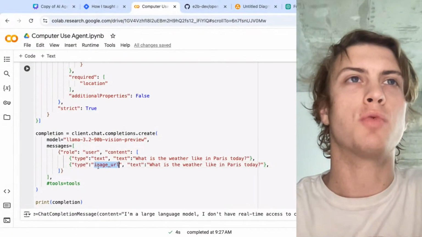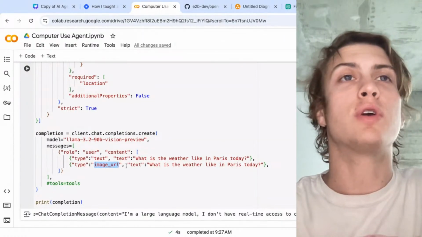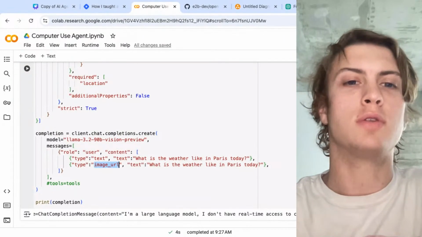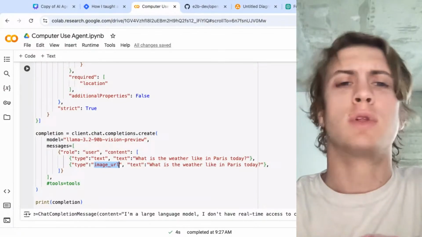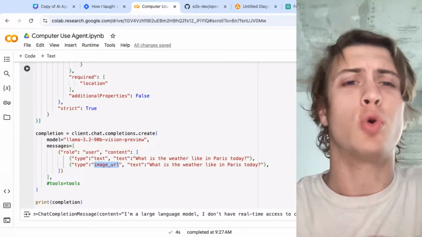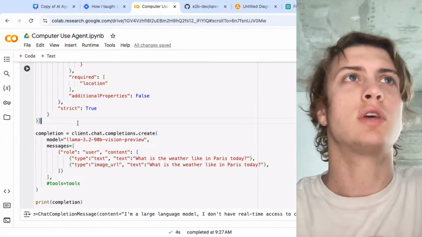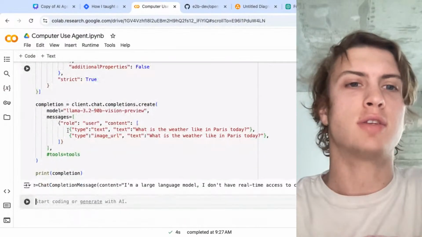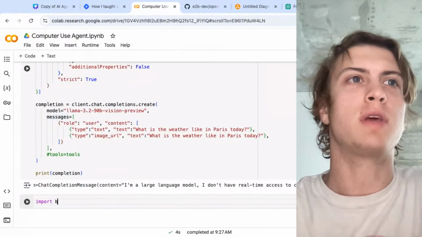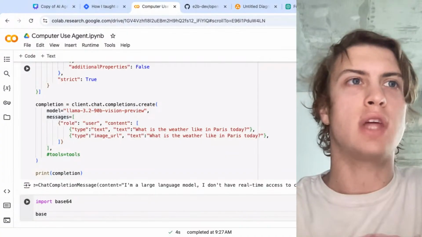And you're probably thinking we don't have a URL for this image. What we're going to do is create what's called a base64 inline URL, a data URL. The way that works is we're taking this screenshot that we have, and we're going to use the base64 library,